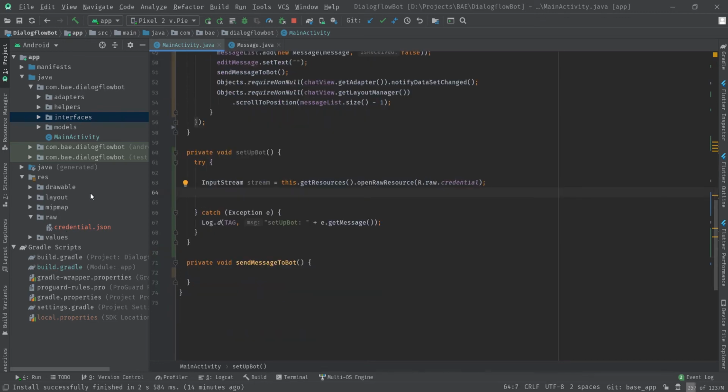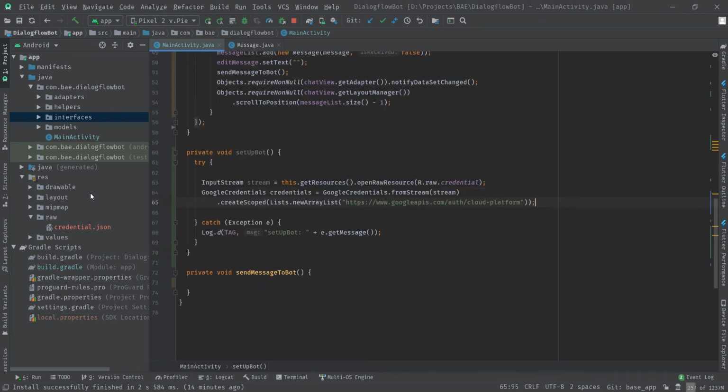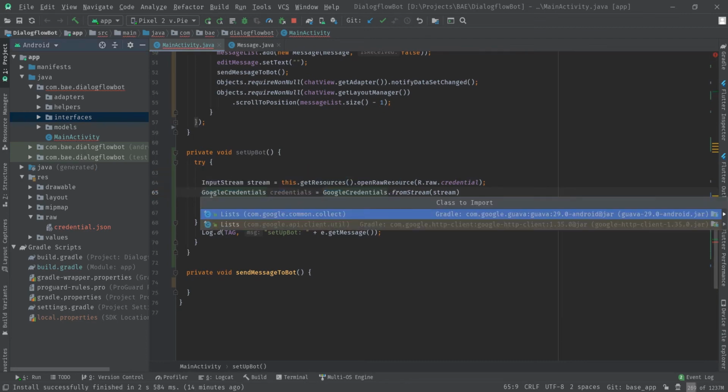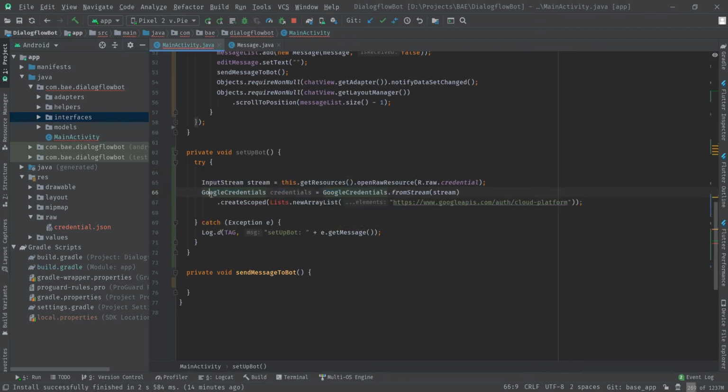After that, you have to add the Google credentials. So I'm just passing the input stream and saving it as a credential, Google credentials.